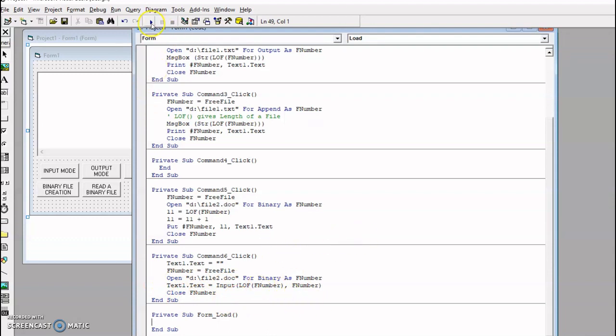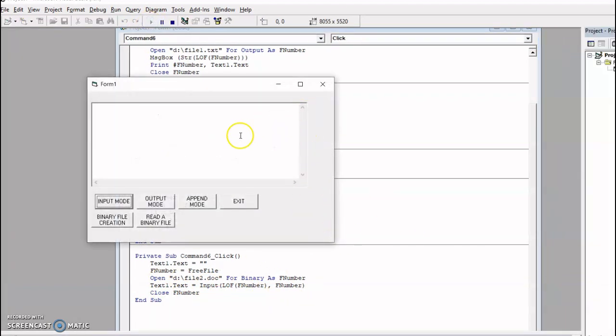Okay, let's execute the program. If you are going to create a file, we have to give some contents. Type the text here, which is to be written into the file.